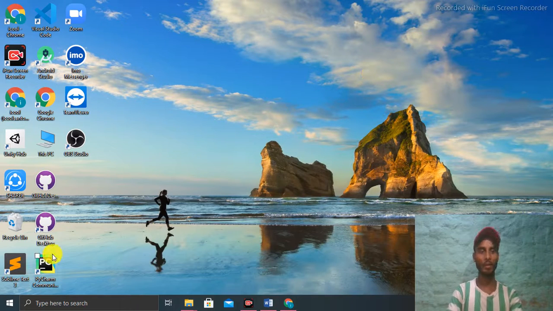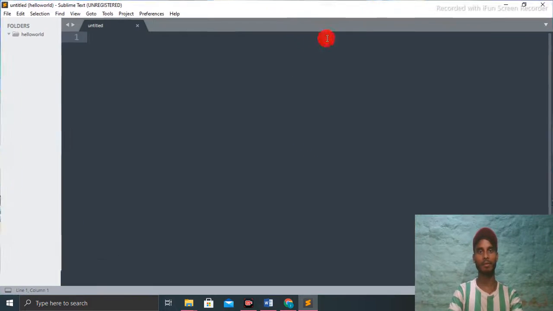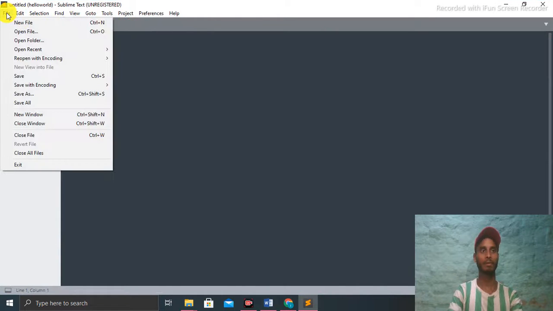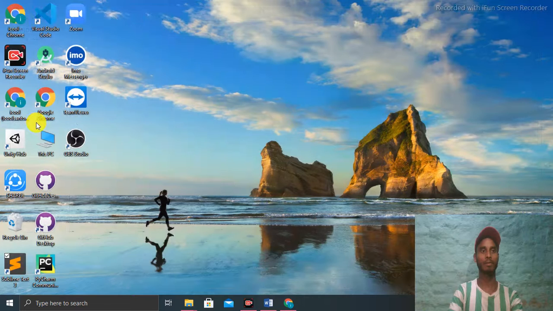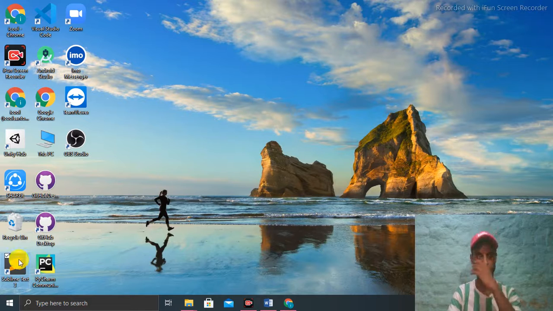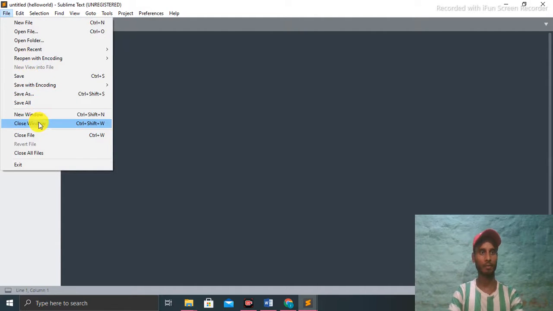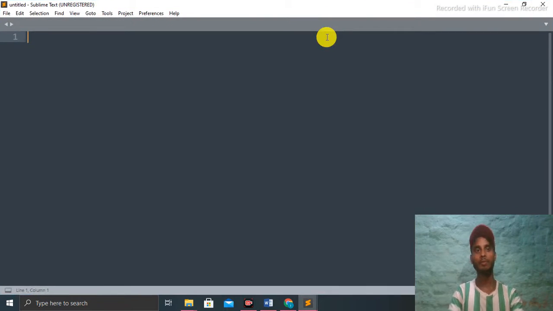After installing, open Sublime Text. You see the first user interface after opening it.